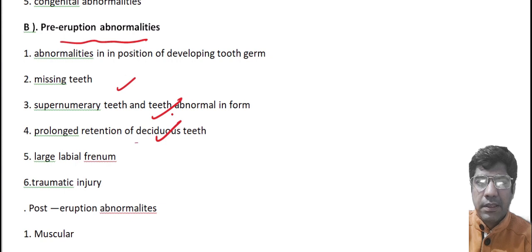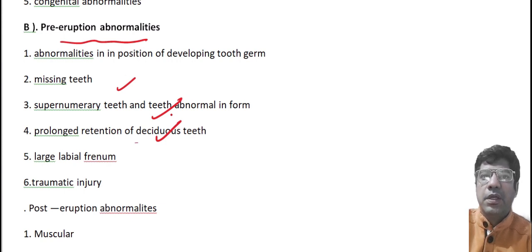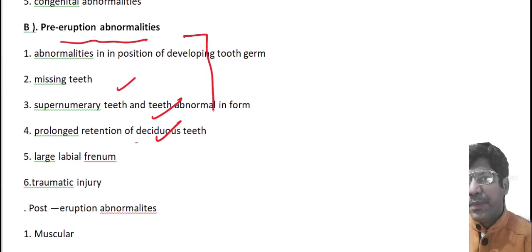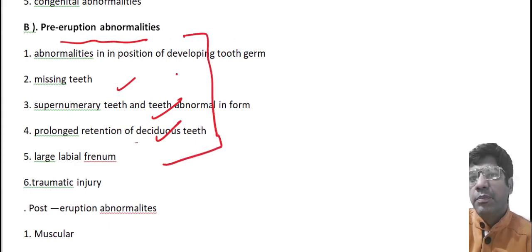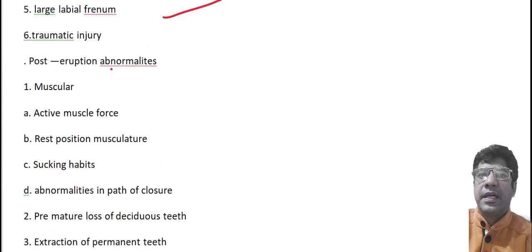A large labial frenum that can affect the dental alignment. Traumatic injuries can impact the development and alignment of the tooth. These all are considered in the pre-eruptive abnormalities. The post-eruptive abnormalities,